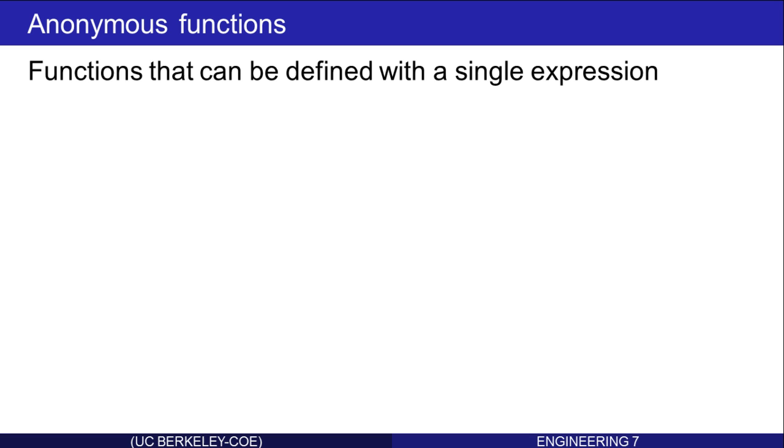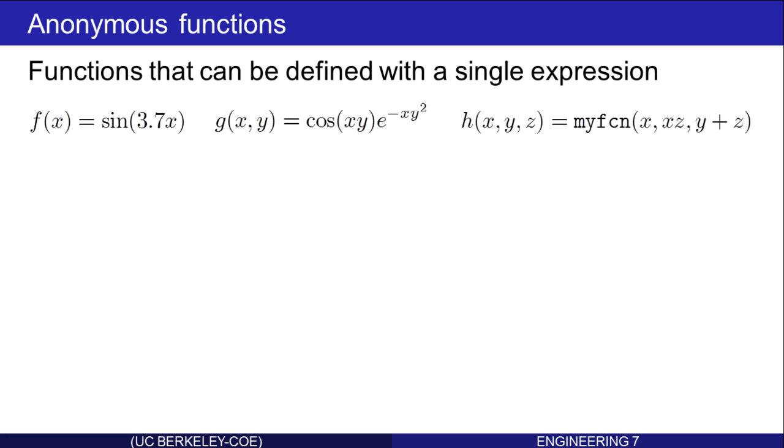In order to introduce anonymous functions, let's consider functions that can be defined with a single expression. For instance, sine of 3.7x. Here's one a little more complicated. It has two arguments, and the actual mathematical form appears more complicated. And lastly, here's one with three input arguments, and it's not simply a call to a mathematical function, but it's